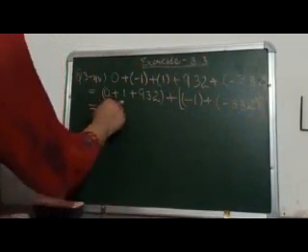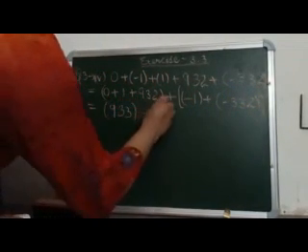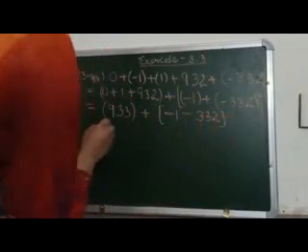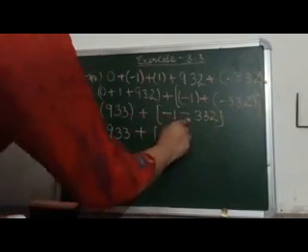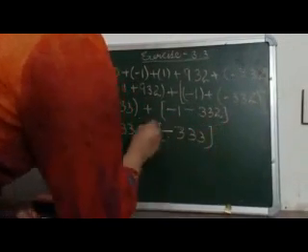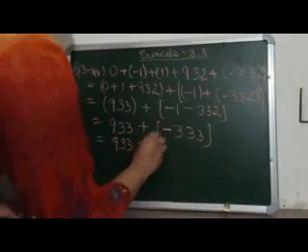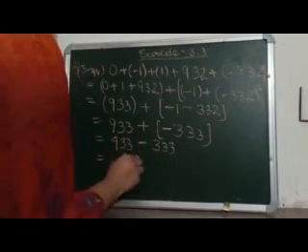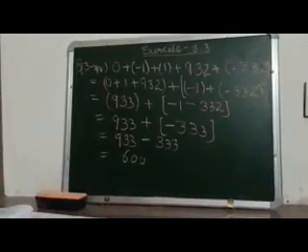So now it will become 0 plus 1 plus 932, it will become 933, plus minus 1 plus and minus will give us minus 332. So now 933 again, here we are having same sign, so the absolute values will get added. It will become 333 with the negative sign. So 933 plus and minus will give us minus 333. So the answer is 600. This is how we do the ordering to use the associative law in case of integers.